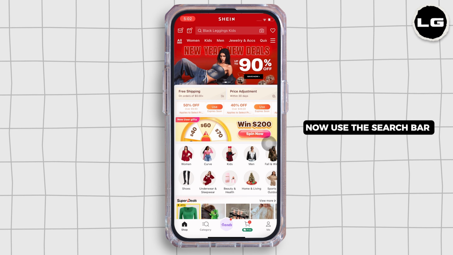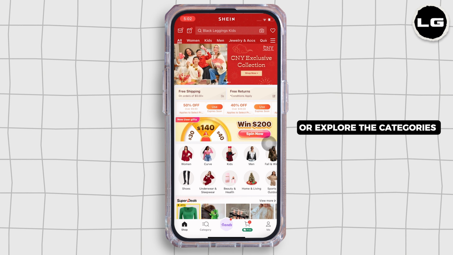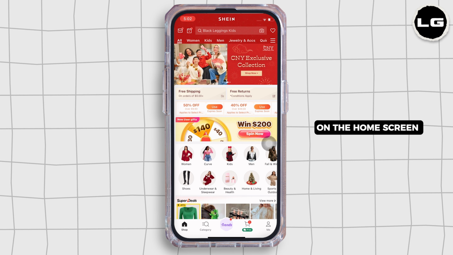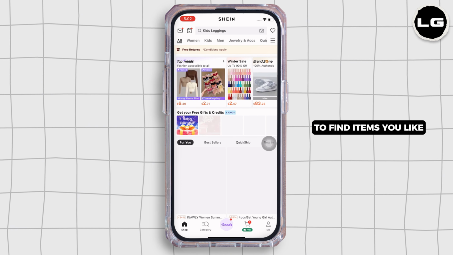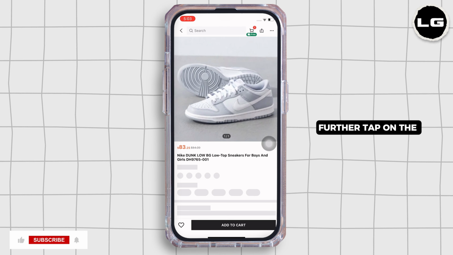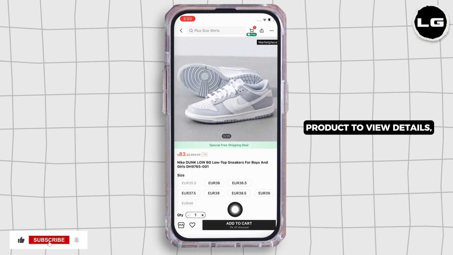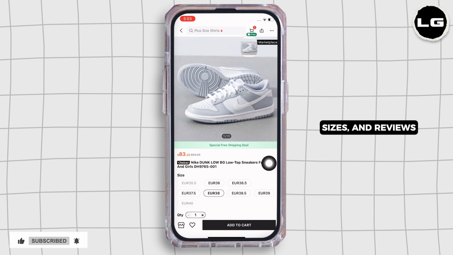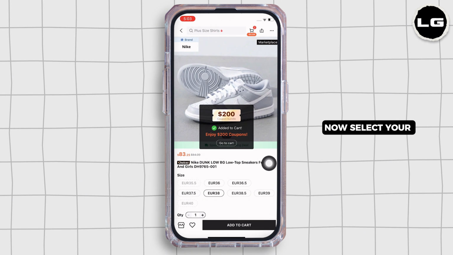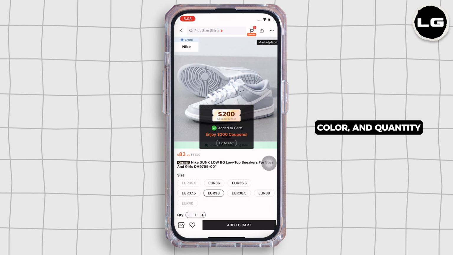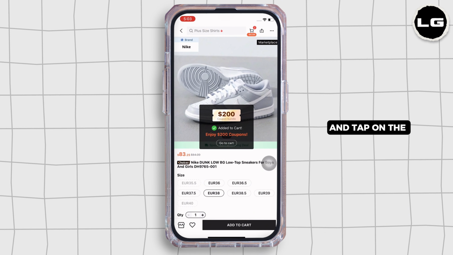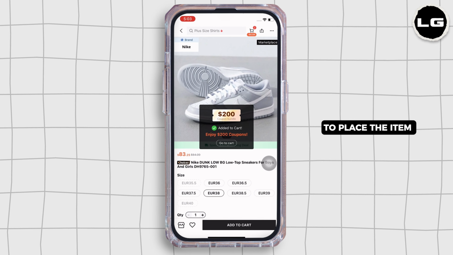Now, use the search bar at the top or explore the categories on the home screen to find items you like. Further, tap on the product to view details, sizes, and reviews. Now, select your preferred size, color, and quantity and tap on the Add to Cart button to place the item